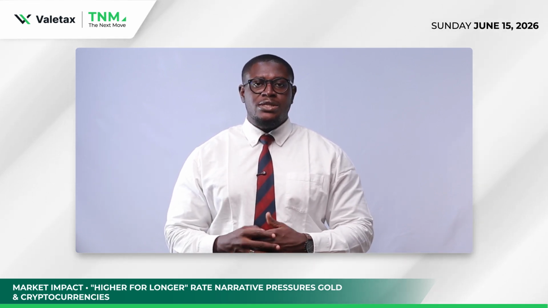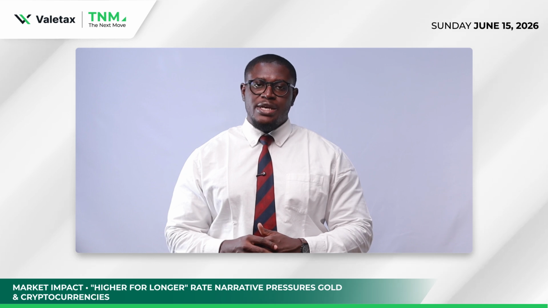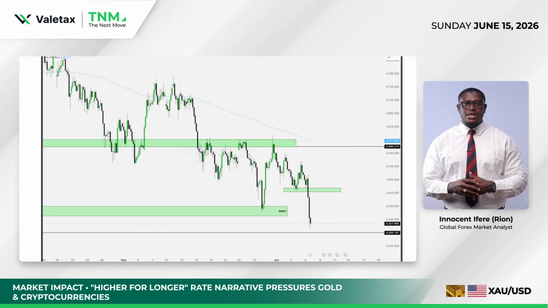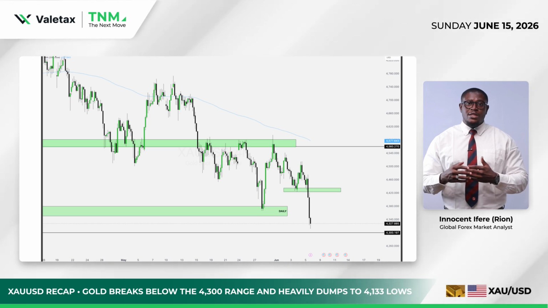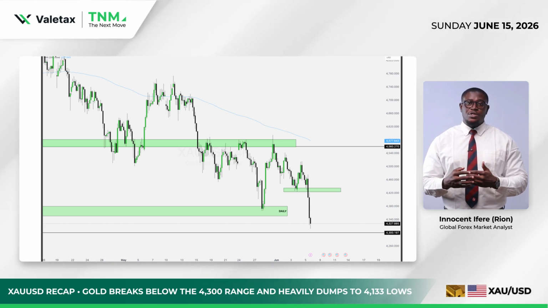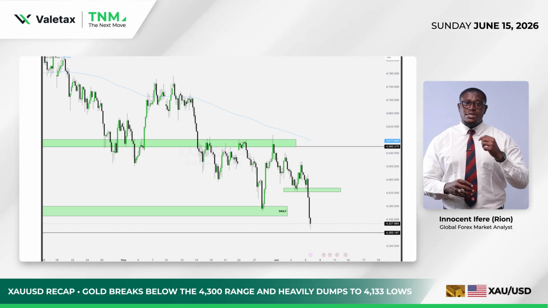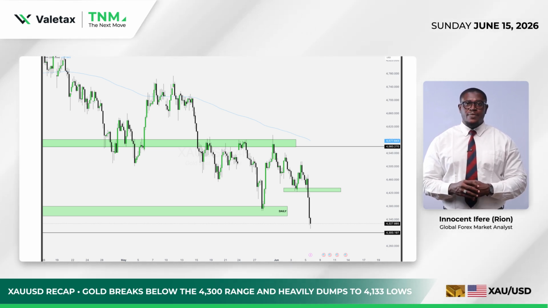That also influenced the direction of our trade idea on the XAUUSD last week, when we expected the XAUUSD to have corrected back into the 4,400 or 4,500 levels before a continuation of the sells. But we saw prices range a bit at the 4,300 area before the continuation of the sells and the heavy dump that followed on the XAUUSD, with prices hitting as low as the 4,033 levels.